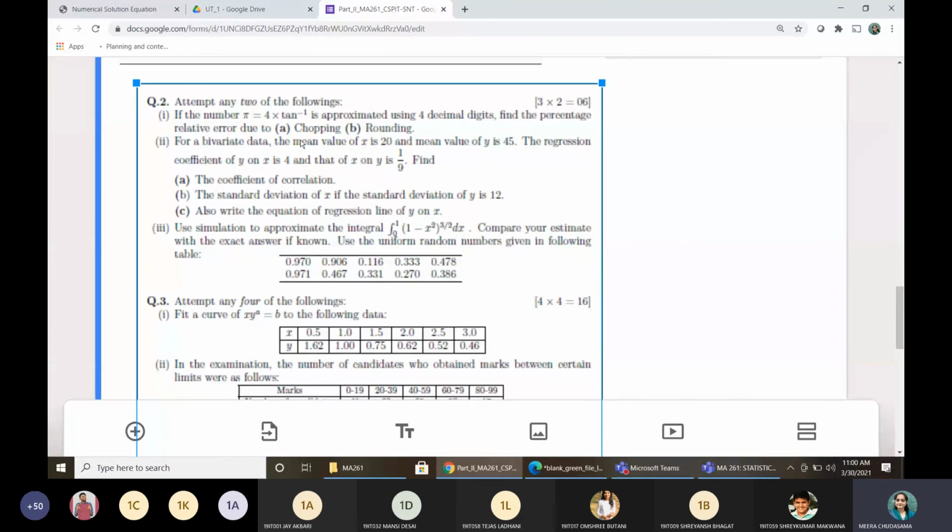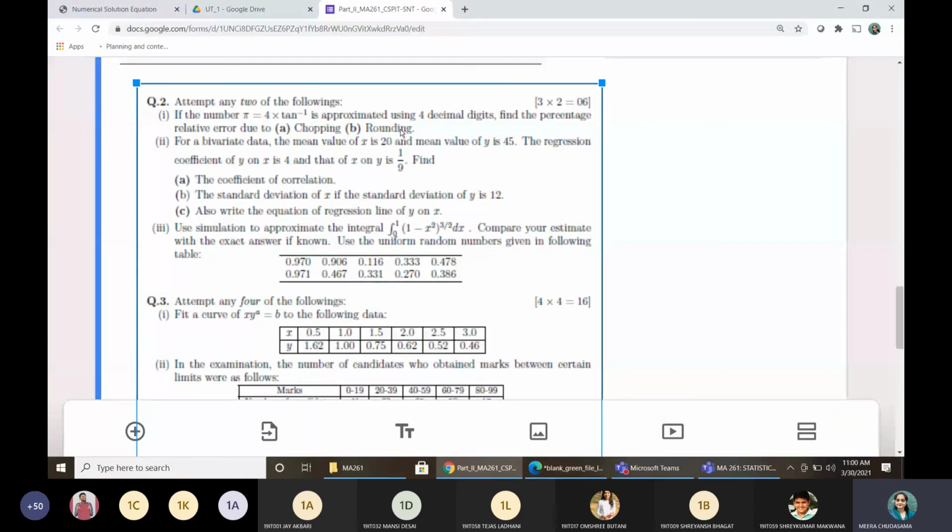So for the chopping, there is no question, but some of you have made mistakes in this rounding off, right? In which you have considered the absolute difference as the wrong one. So some of you may get certain marks deducted over this question.